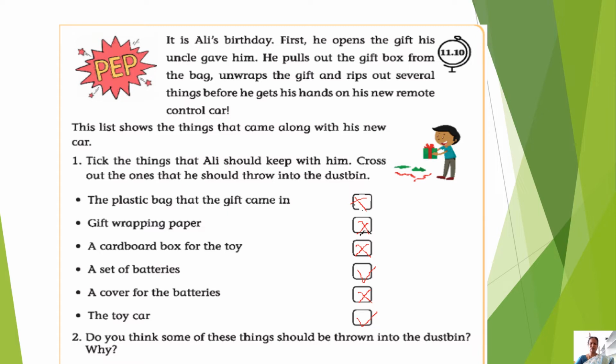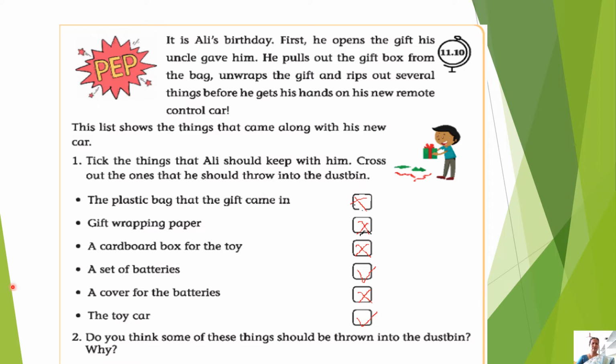So before we go to the topic, look at this activity. It is Ali's birthday. First he opens the gift his uncle gave him. He pulls the gift box out of the bag, unwraps the gift and rips out several things before he gets his hands on his new remote control car. This list shows the things that came along with this new car. So take the things that Ali should keep with him, and cross out the ones that he should throw into the